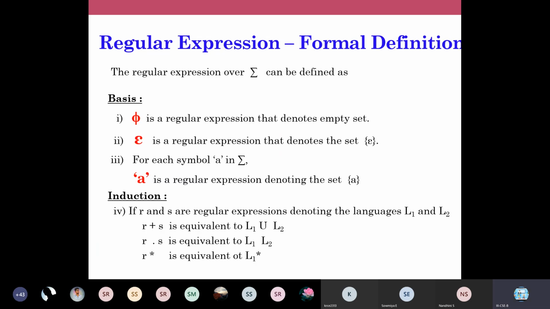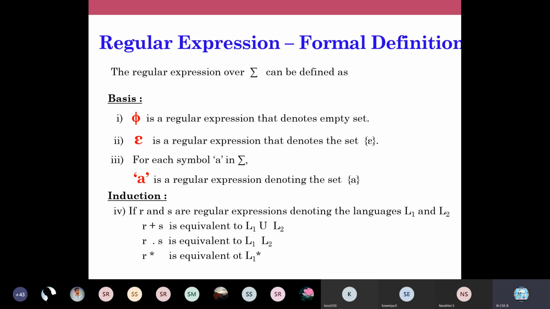And yesterday we also saw where a regular expression is used. What is the purpose of using a regular expression? Mainly in your search commands. Now we'll see the formal definition of a regular expression, like how in automata we saw the formal definition. The formal definition of an NFA or DFA is a 5-tuple notation: A is equal to Q, sigma, delta, q naught, F.